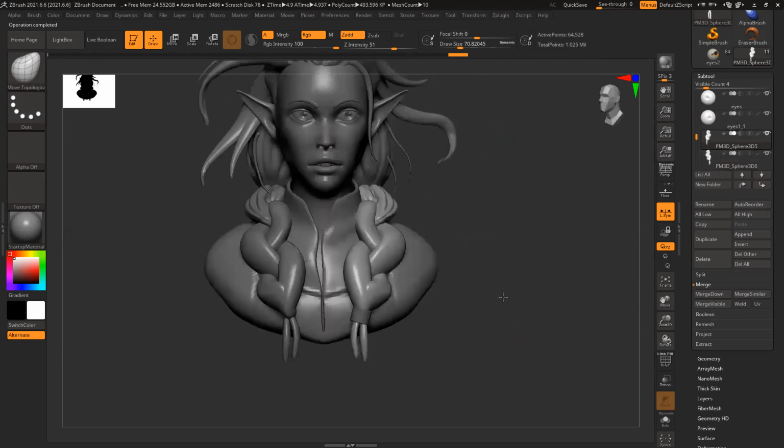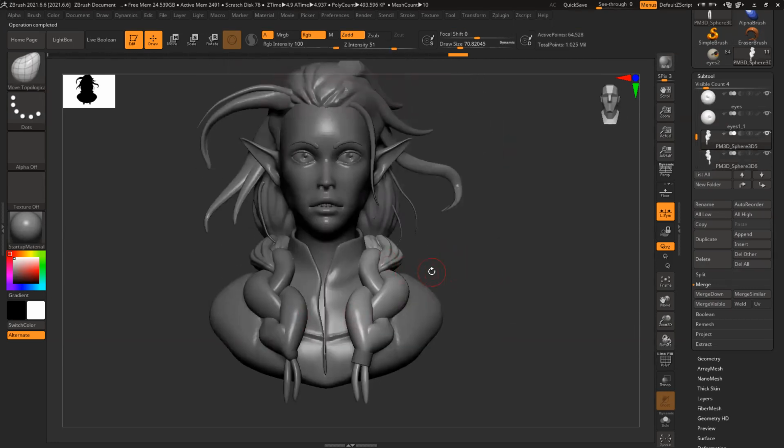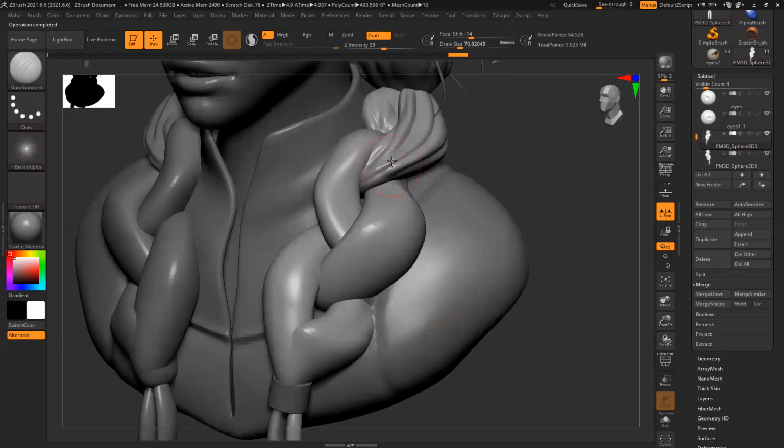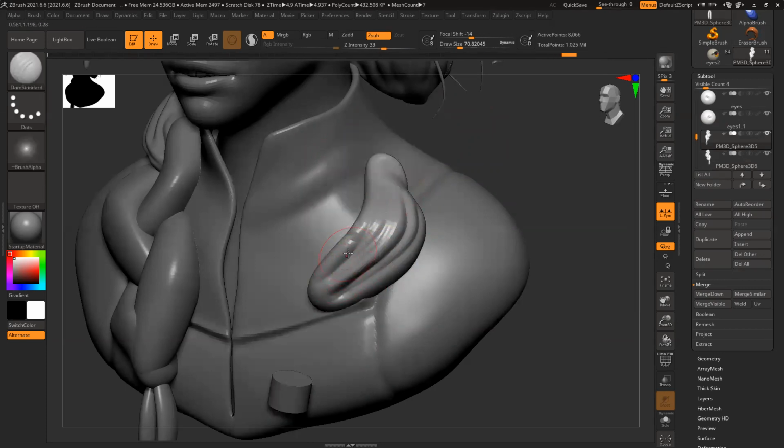So my two hair banks, standard brush, and they are all separate. So if I want, I can isolate and work also. Control Shift and click on the model, isolate that and start working on it.